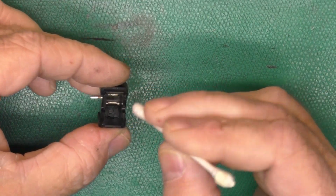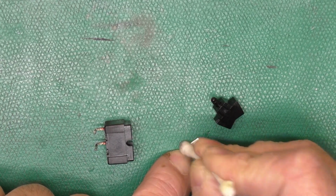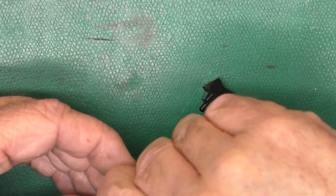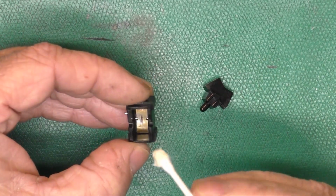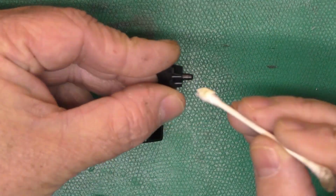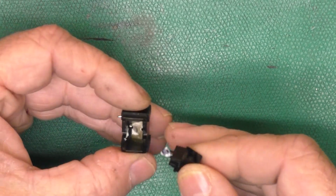Okie doke, reassembly time. So I sprayed a little DeoxIT on this end of the Q-tip. I'm just going to brush it over the contact areas. I'll drop the contact back in there like so. And on the back of this, put a little dab of lithium grease. Put some on this piece too. And we'll put the...